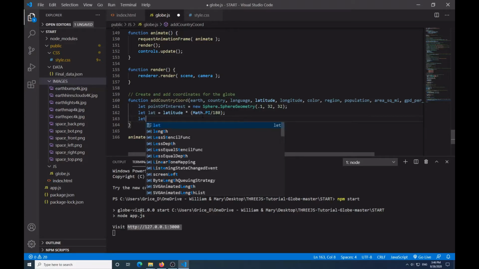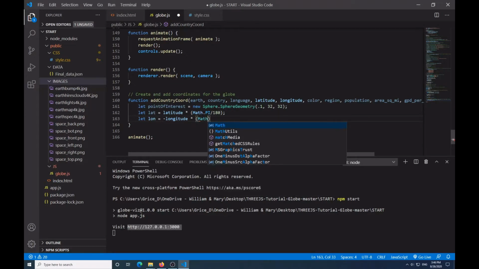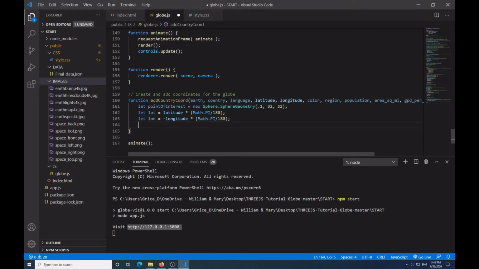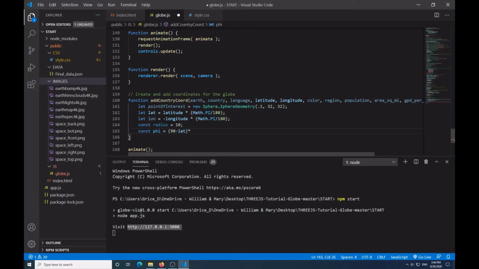And then say let lon equal longitude, and it's going to be negative longitude times Math.PI divided by 180. Then I'm going to have a constant radius equal to 10. Then say const phi is equal to 90 minus latitude times